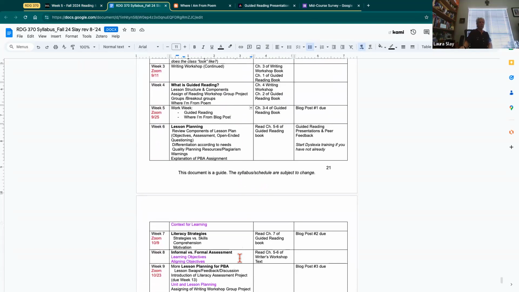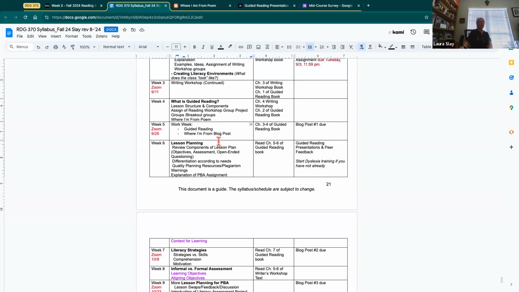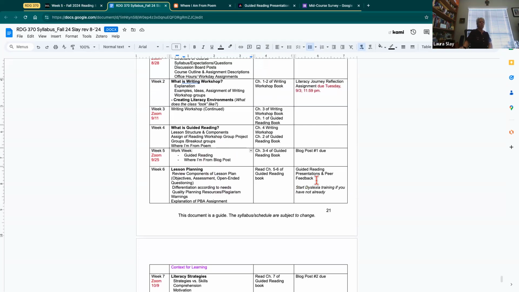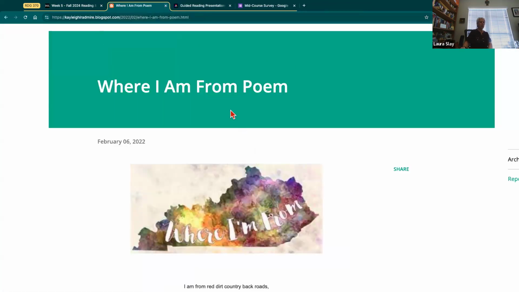And I have marked that here we are. This is a work week, and you're just going to be working on the guided reading and the Where I'm From blog post. Next week, we'll do a little bit more with guided reading, and we're going to start looking at some elements of lesson planning. So we don't need to worry about that. I just moved some dates down. That's all I did. Nothing for you to be too terribly worried about, because I link everything in each of the modules.